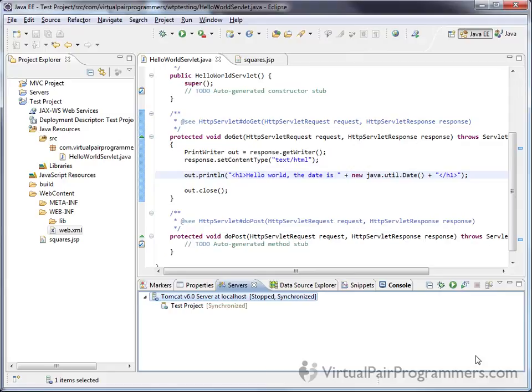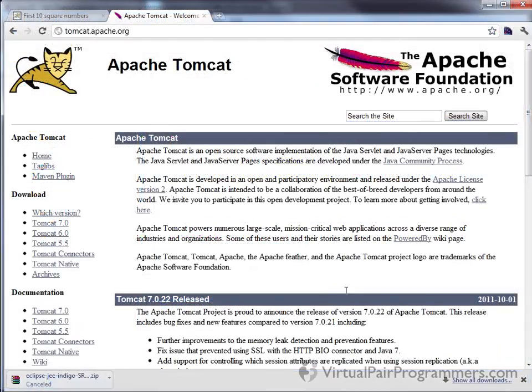So what I'm going to do with you over the next 5 or 10 minutes is download Tomcat 7 and get that working with the WebTools platform, and I'll show you that it's actually quite a simple process from there to get hot deploying working. And you can find all of the Tomcat downloads at the